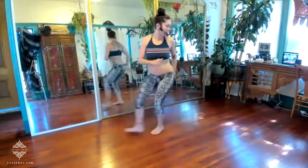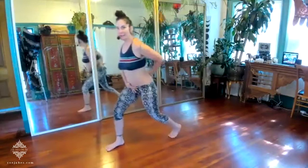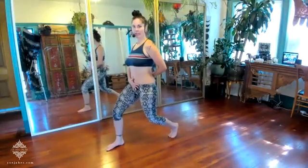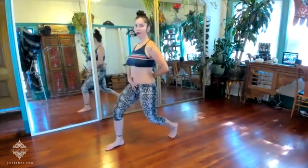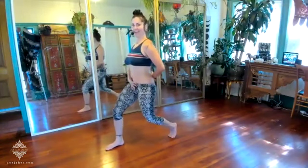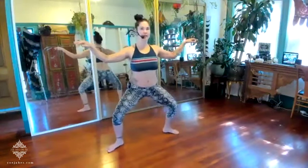Lunge time. Not lunch. Lunge. Set it. Pelvis tuck. Little pulses while we wait. Keep the chest lifted. And we will just bounce to our own beat while we're waiting. Pelvis tucked, chest lifted. We're going to come through center, arms out. And we're going to do little